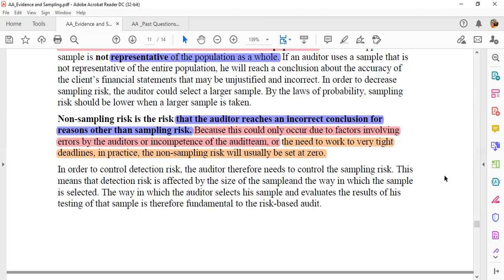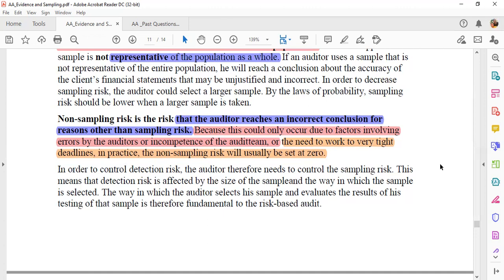So these are what we call non-sampling risks, which arise as a result of other reasons apart from sampling. What can cause non-sampling risk is incompetence of your audit team, or if you have a tight deadline. And in practice, we usually assume that this particular one, because we can eliminate